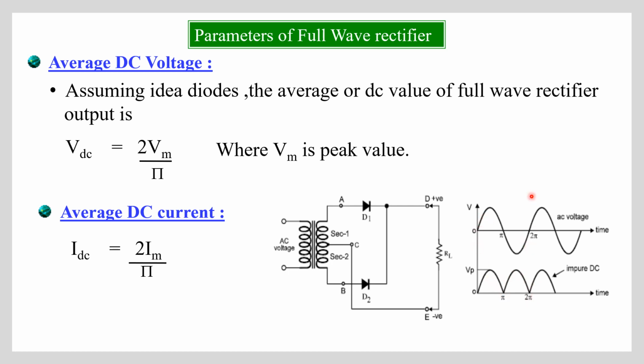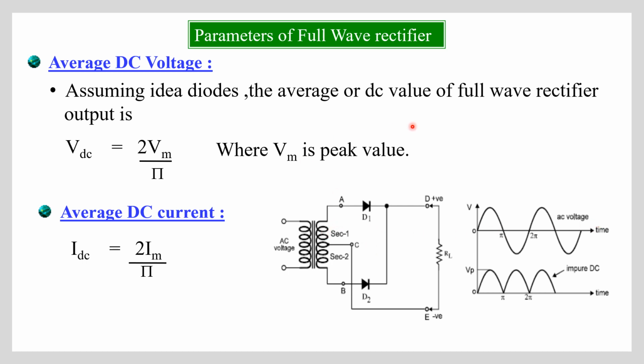So the bidirectional AC is converted into unidirectional output for the positive half cycle as well as the negative half cycle. So thus we will get this kind of waveform at the output, and here we are getting the output waveform for both half cycles. So assuming the ideal diode, what I mean by ideal diode is there is no drop across the diode. Practically speaking, 0.7 V is the drop across the diode. But we are considering an ideal diode.